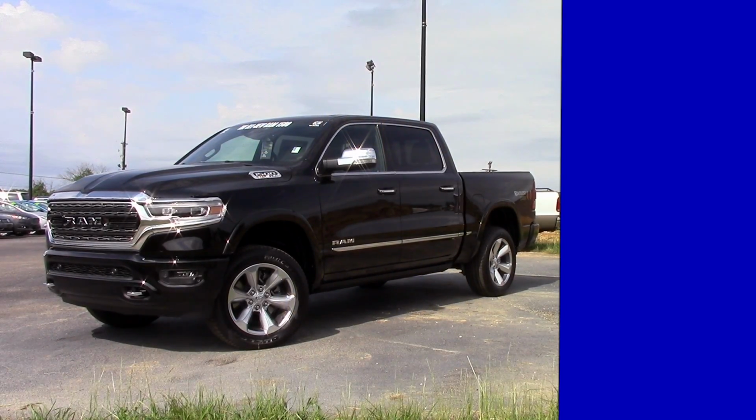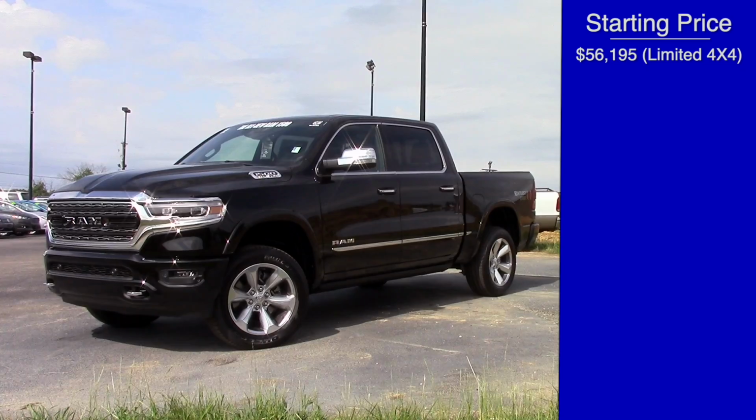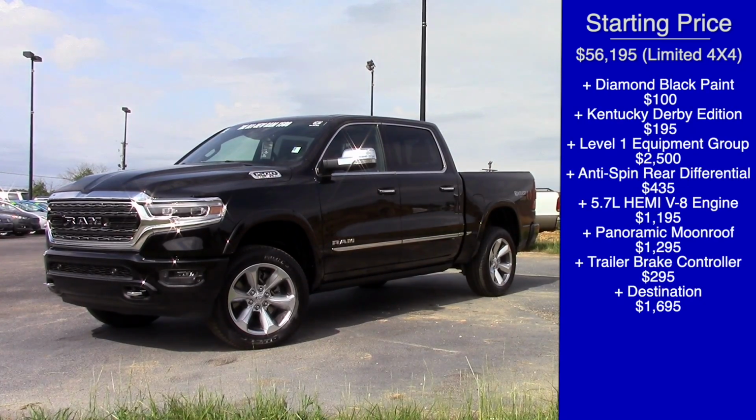So like always, the first thing we'll do is establish the pricing and option level of these two models. Starting off with the new Ram, like I just mentioned, we have the top trim called Limited, which starts out at $56,195. From there we have quite a few additional options, including a hefty $2,500 Level 1 equipment group, optional 5.7 liter Hemi V8, dual panel moonroof, trailer brake controller, and a handful of other small things. After adding in an enormous destination charge of nearly $1,700, the total rings in at